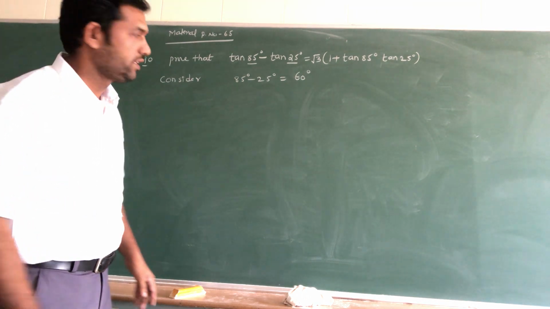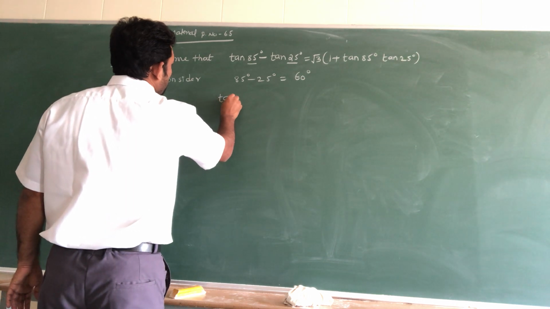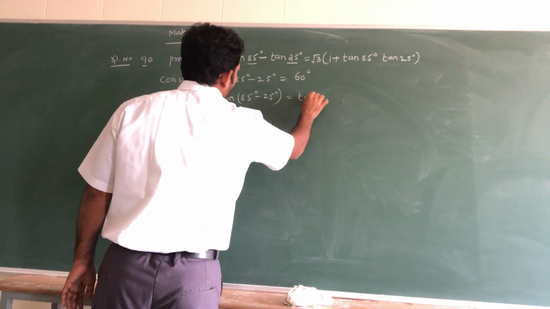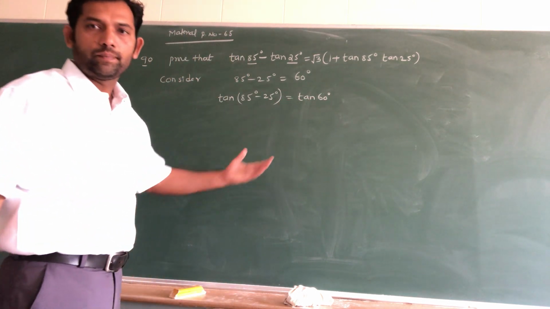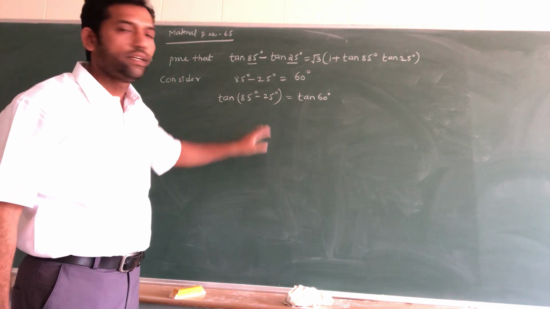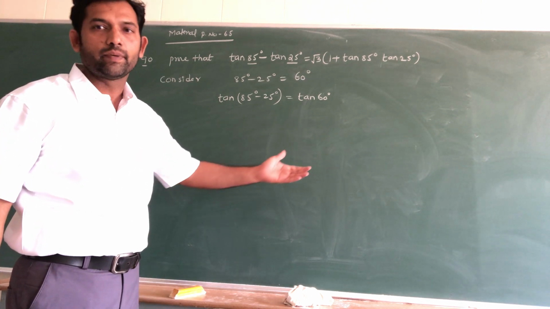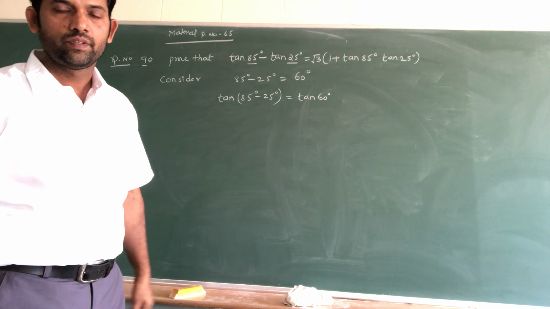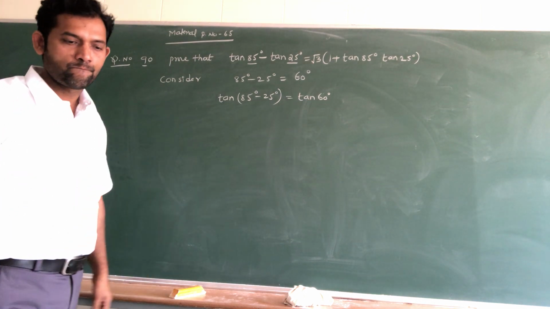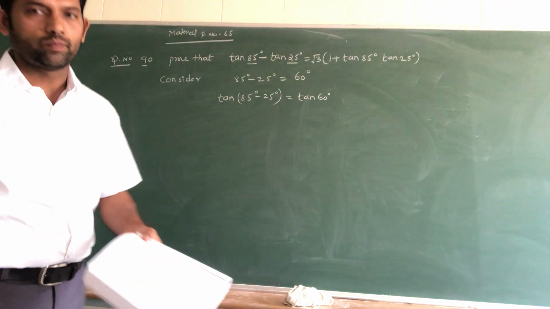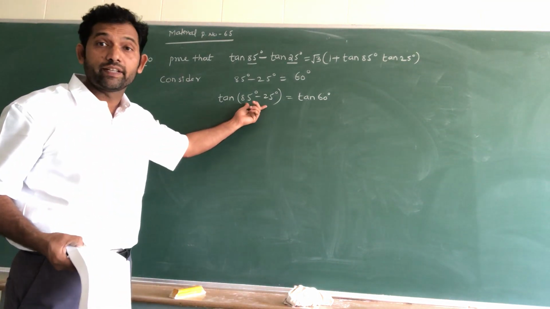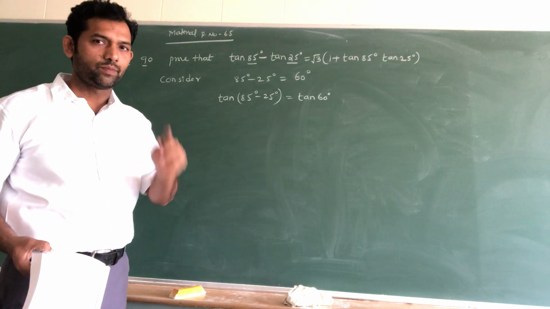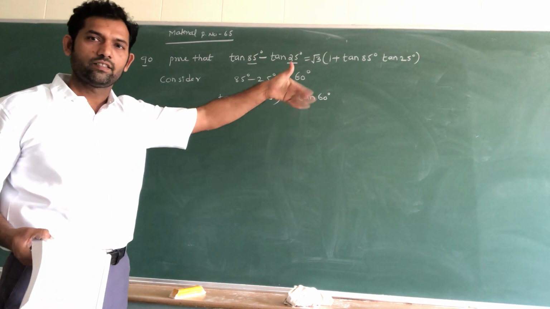Now the whole problem is in terms of tan, so take tan on both sides. Tan of 85 degrees minus 25 degrees is equal to tan 60 degrees. Now apply simplification. On the left hand side, take the tan A minus B formula, or tan x minus y formula. Apply it, simplify, and you will get the solution. Do this one as homework, students. Only two steps: formula, then next step the answer.